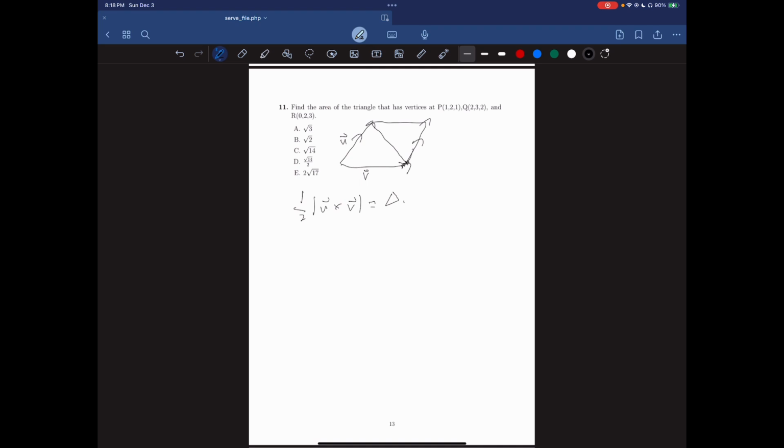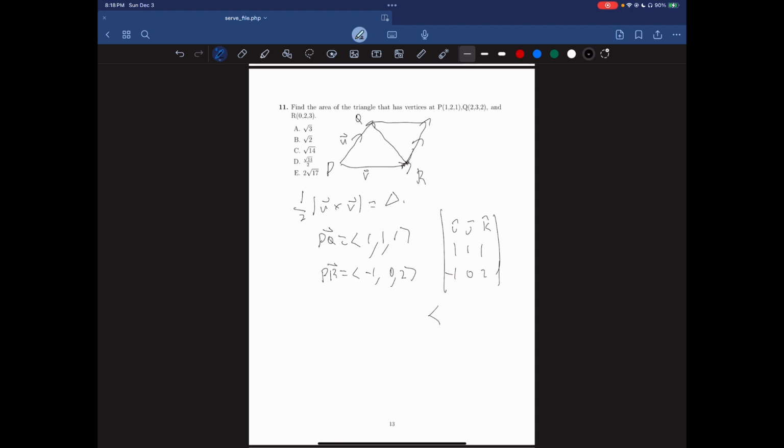So if we consider this p, q, r, we can find pq and pr. So pq is just 1, 1, 1, and pr is -1, 0, 2, and we just need to cross these. So we get the determinant like i, j, k, 1, 1, 1, -1, 0, 2. Take that, we're going to get